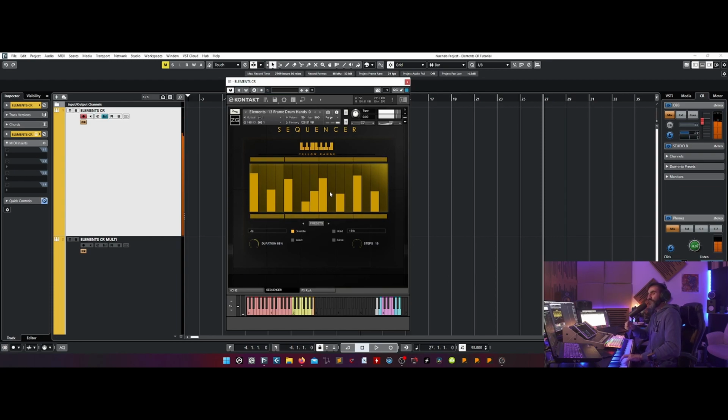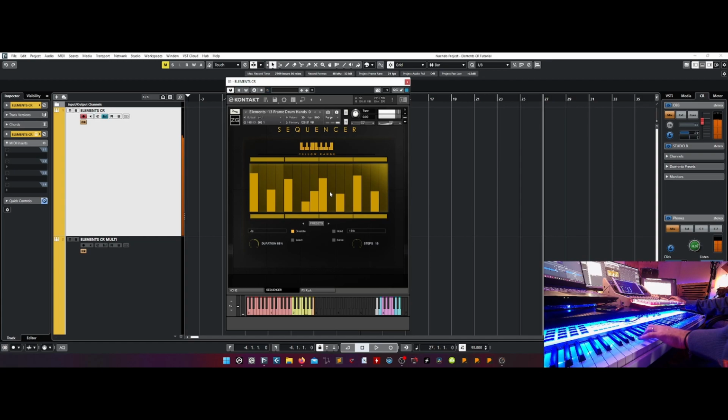Okay, now soft. So you can create this like a director. You can create this workflow like you are directing the musician.